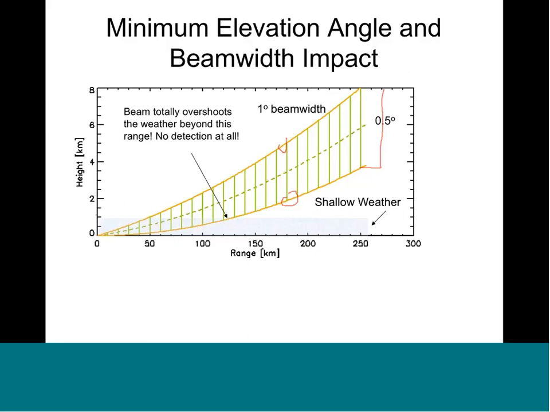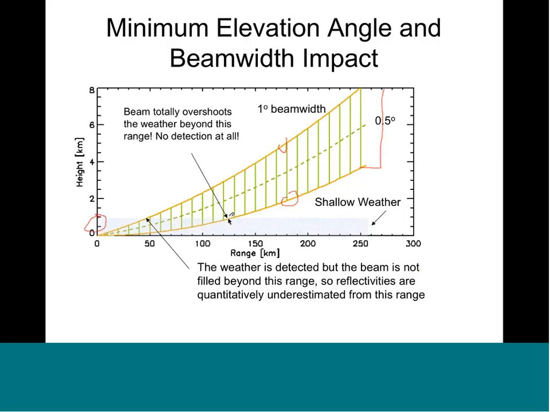It's only a kilometer deep here. Then the radar totally overshoots the weather at about 125 kilometers. Here's another point closer in. At this point, the top of the beam begins to overshoot the weather. So at this distance,